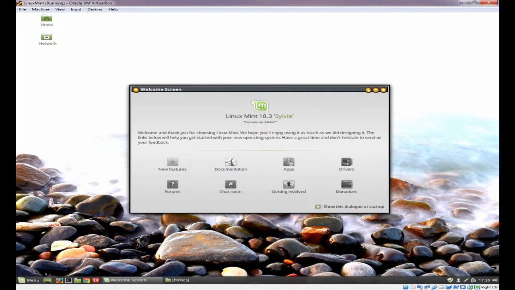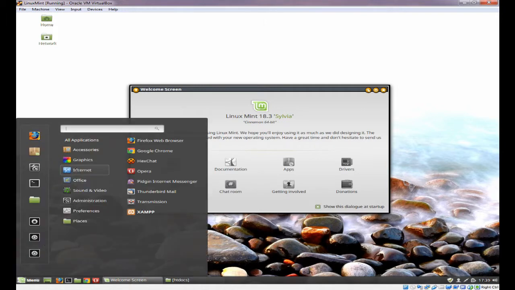Click on Menu, and if you come to the Internet, you'll see XAMPP at the bottom. There is a slight bug in Linux Mint in that the first time you create something like this, it has a problem showing it. You noticed I just moved off and then came back onto it, and everything has shown up again.